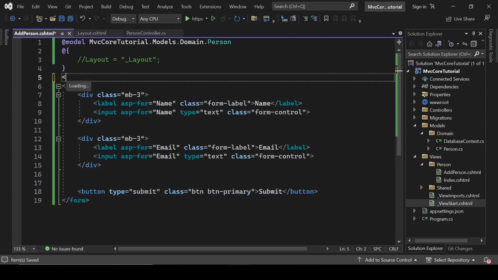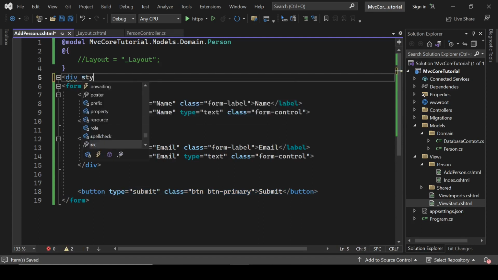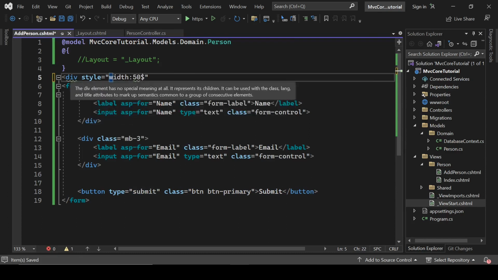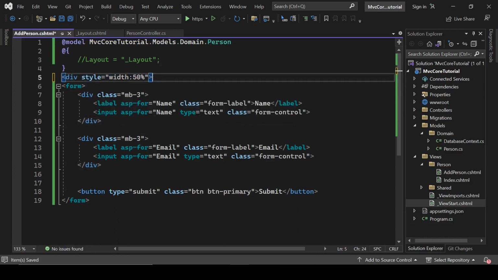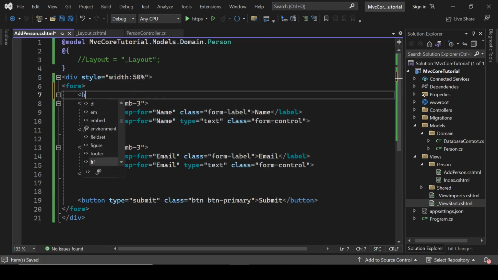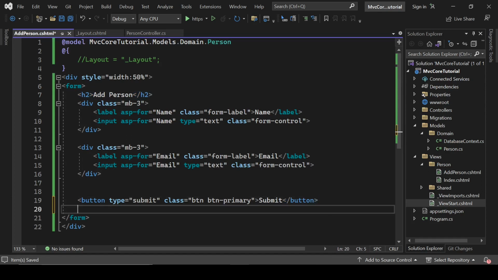Okay, now we will define a div here, and let's name it style width 50%. Cut it from here, paste it here, and let's define here h2 add person. That's fine. And here we will add a link, a href